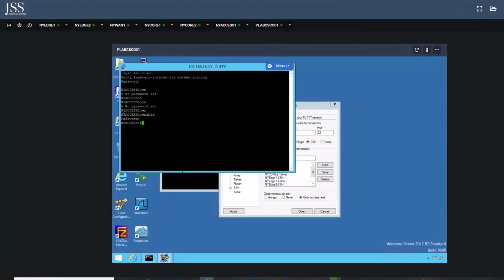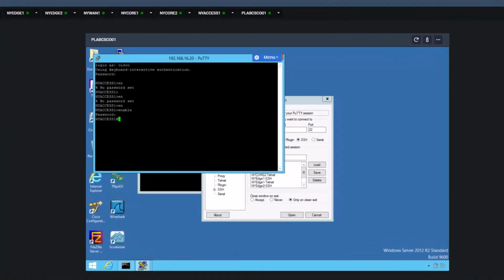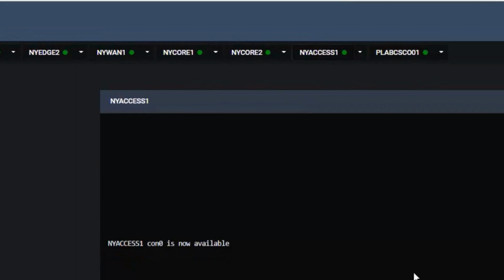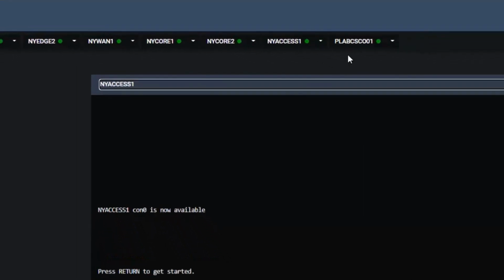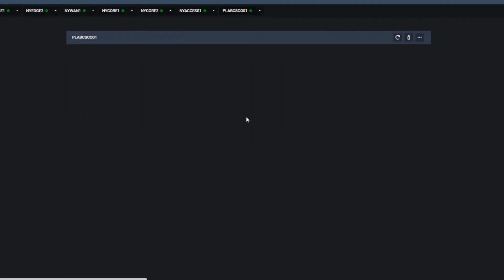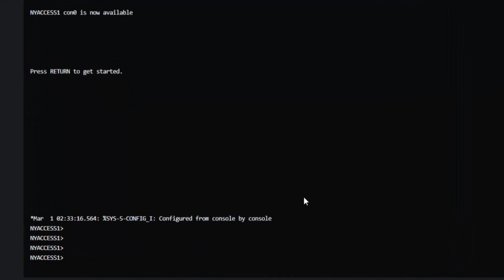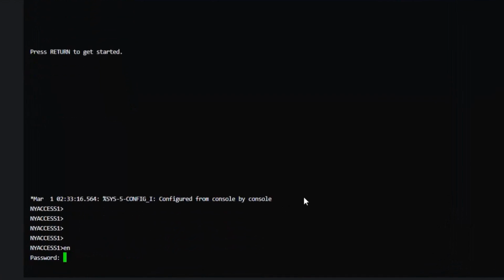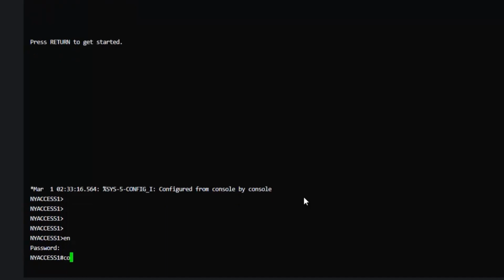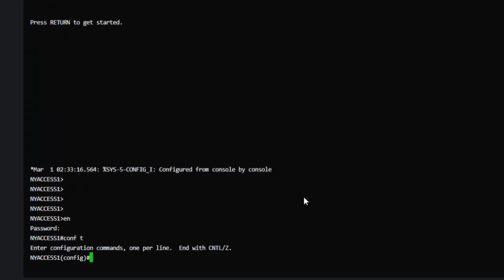So we can see that we have NY access 1 switch over here. You can see the console. Enable, the password for the enable is Cisco123. You can set any password. Moving on to global configuration mode, configure terminal,